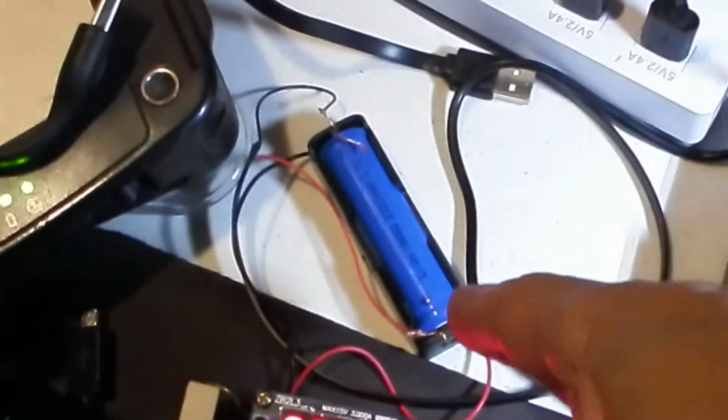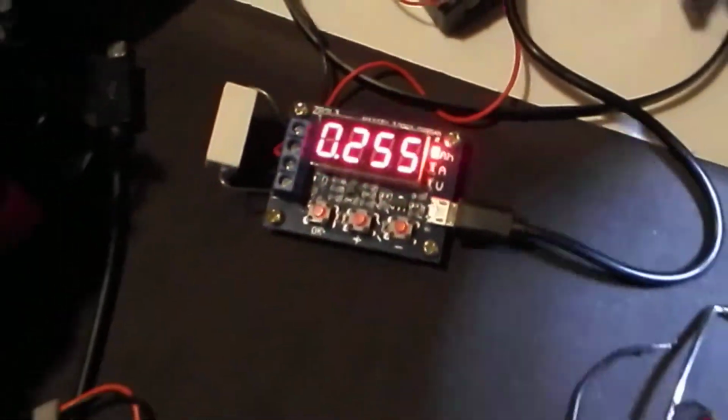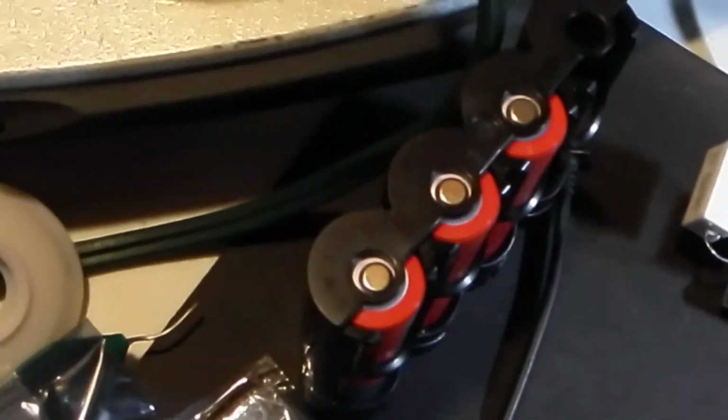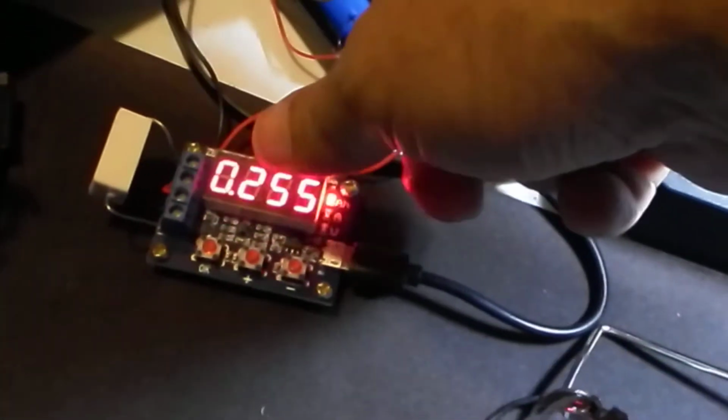Now, I have a dedicated tester I made here. Just put a battery holder on it, and I also added a USB connector, because then I can also test power banks that charge other USB items, because a lot of Chinese knockoffs are coming out, and the power banks themselves are also misleading. For example, this one claims to be 6,800 milliamp, this one claims to be 2,200 milliamp. Well, as you can see,